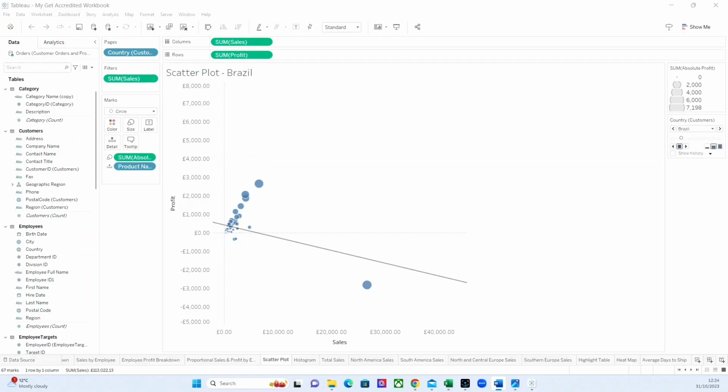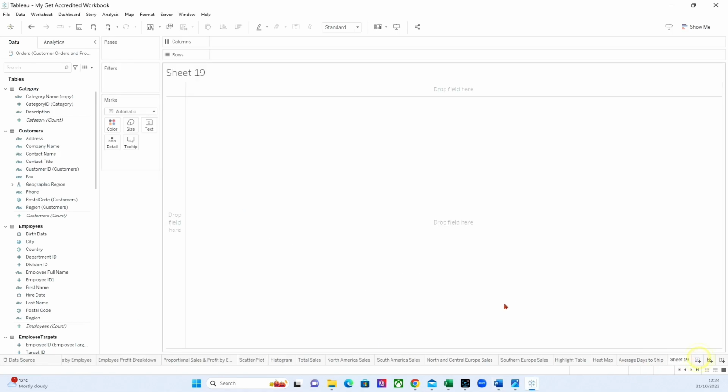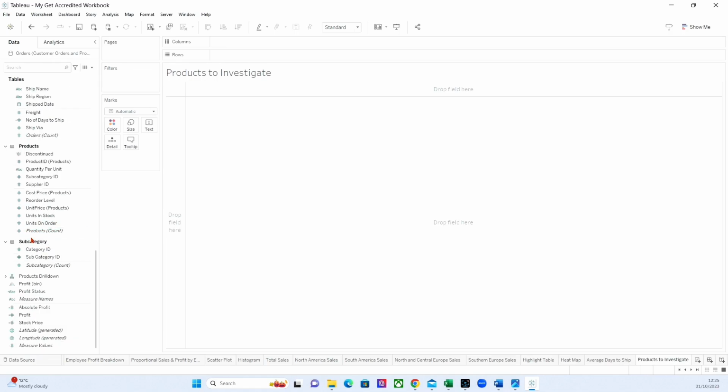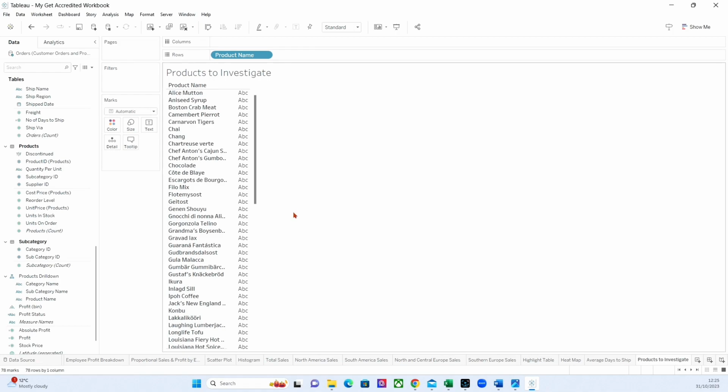We're now on page 50 of our training manual. I'll start looking at sets. Make sure you're in the My Get Accredited workbook, and we're going to click on the new worksheet button and we're going to rename this Products to Investigate. Then from the bottom of the data pane, from the products drill down hierarchy, we're going to drag the product name dimension onto the row shelf,